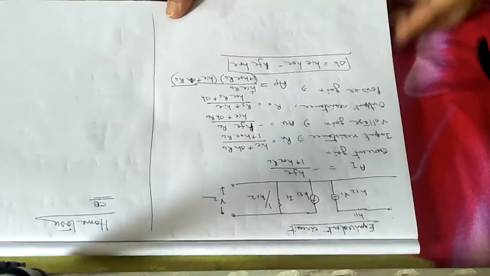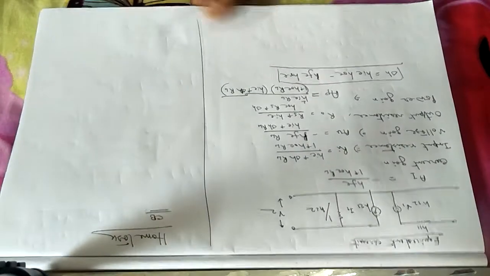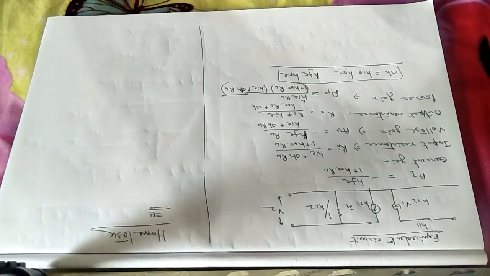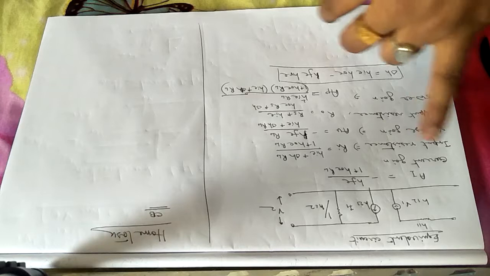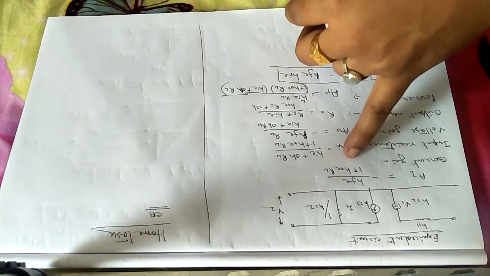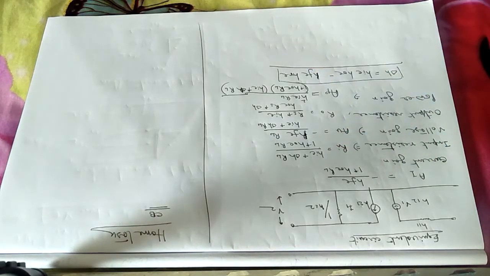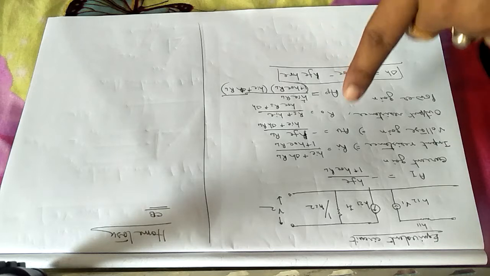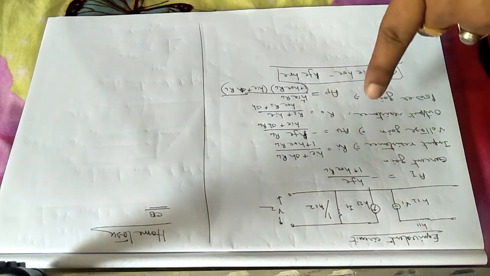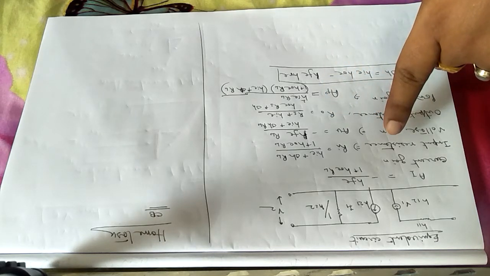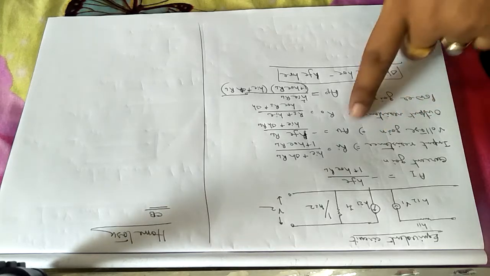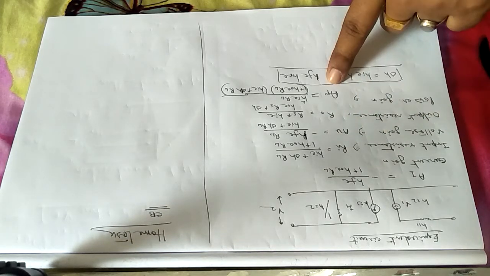And the next part, remaining on hybrid parameters, is also home task. You have to do it on your own. This is very simple, so I am not doing it. In the hybrid parameters, you have to draw the equivalent circuit diagram, and you have to derive the relationships for the input resistance, the voltage gain, the output resistance and the power gain.